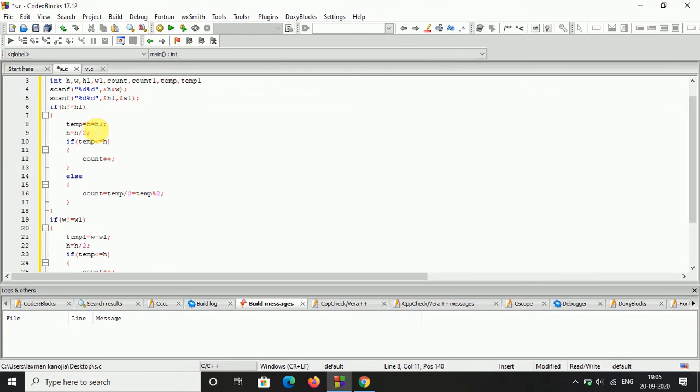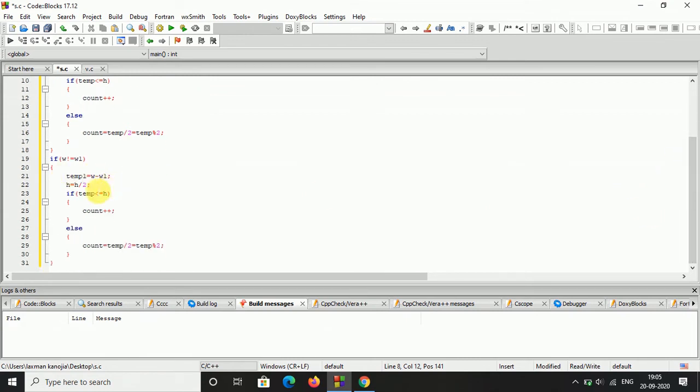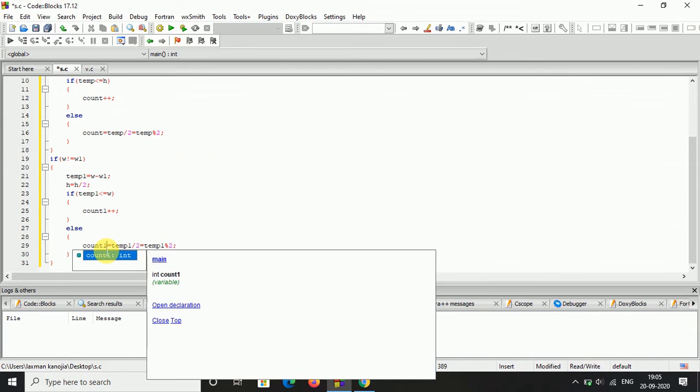In your temp also, w minus w1, h minus h1. So temp for w, and over here temp1, count1, temp1, here also temp1, and here count1.